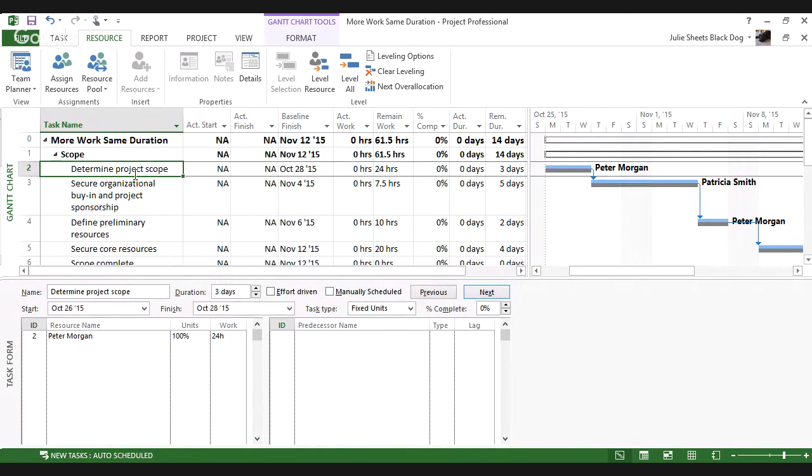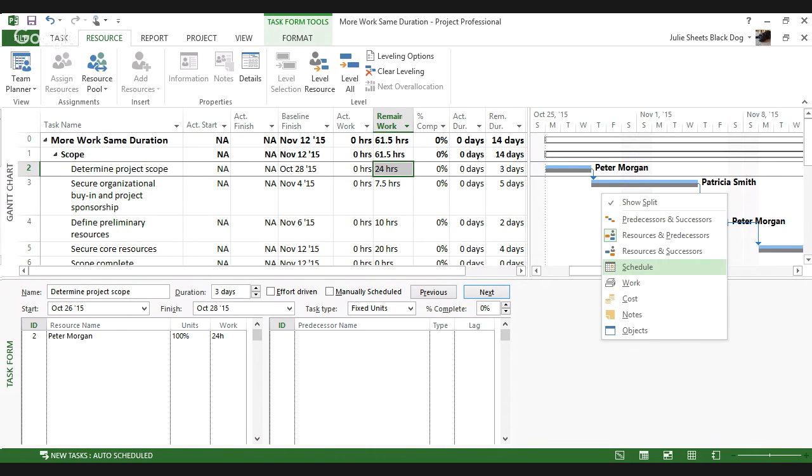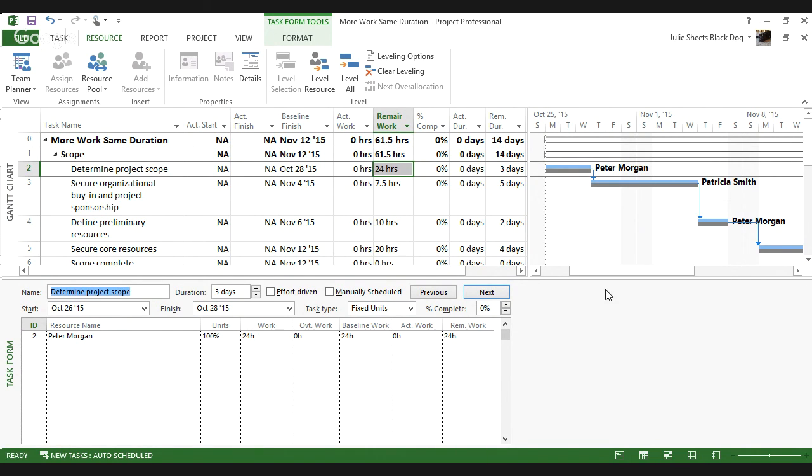So I have task number 2, which is supposed to be 3 days in duration and 28 hours worth of work. I have my task form visible at the bottom, and I'm just going to switch that over to the work format. There's my 24 hours worth of baseline work. So I'll fill in and say